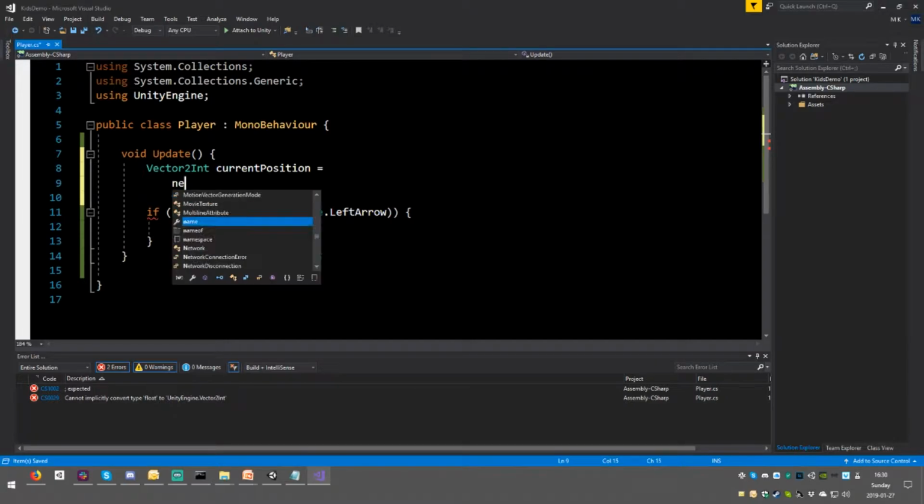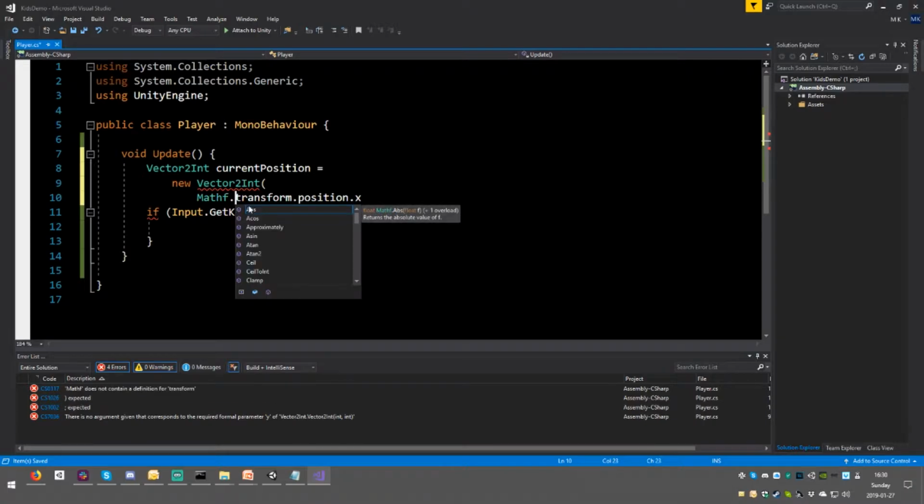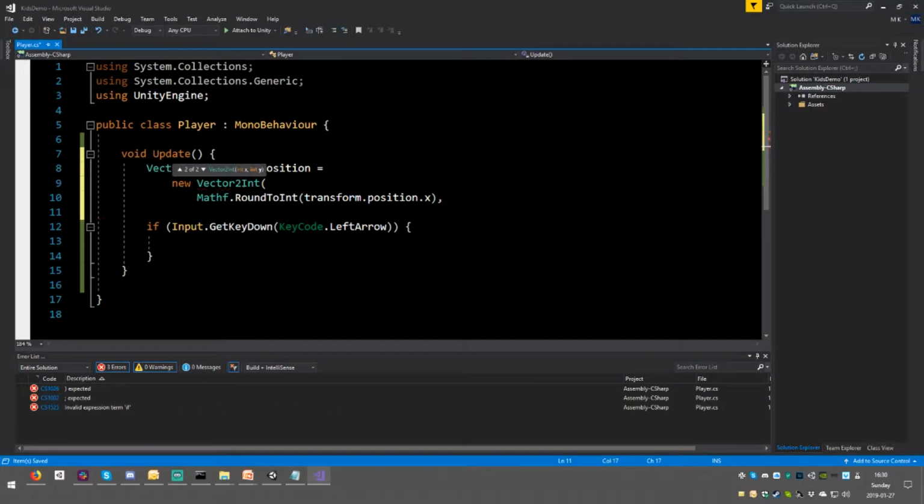So we're going to say new Vector2Int. We need to build a new vector. Now the Vector2 is composed of an X and a Y. So we need this X. The problem with this X is that it's a float, which means it's a decimal number. Okay. Now we need a whole number. So what we're going to do is use a mathematical function to round that to an integer. So we're going to round that number to an integer. Now it's an integer. So we have the X, I'm going to copy all of this, and now we have